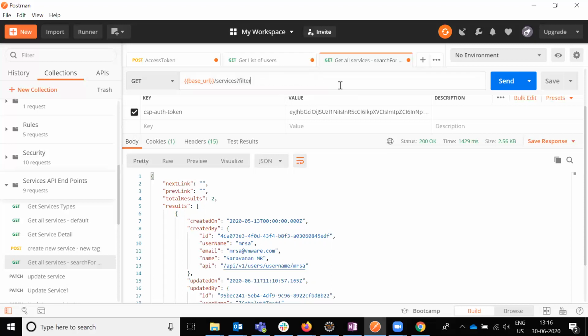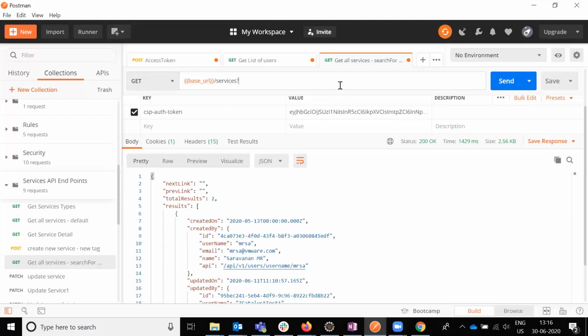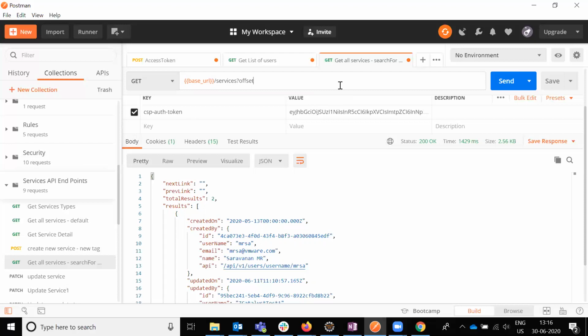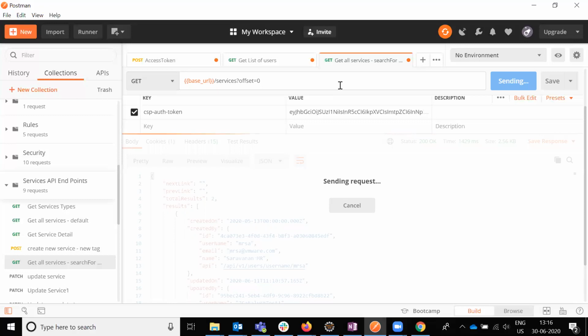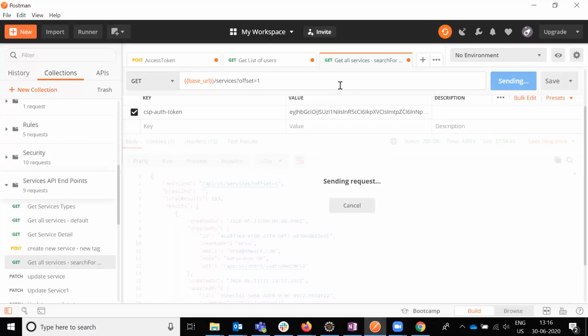Field is complete, filter is complete, search is completed, and then limit. First is the offset. With offset we can set which page we want to display, not the limit. Page starts from 0 onwards, but we see it from 1 onwards. If you use 0, it will display the 0 page. If you use 1, it will display the 1 related page.